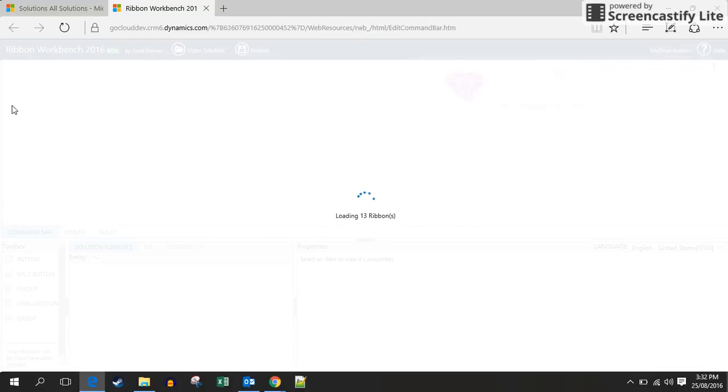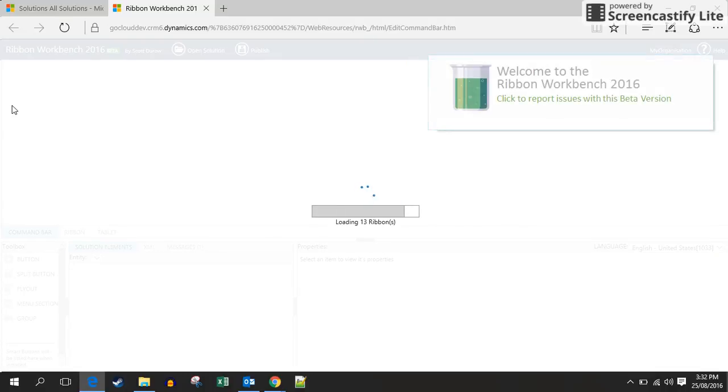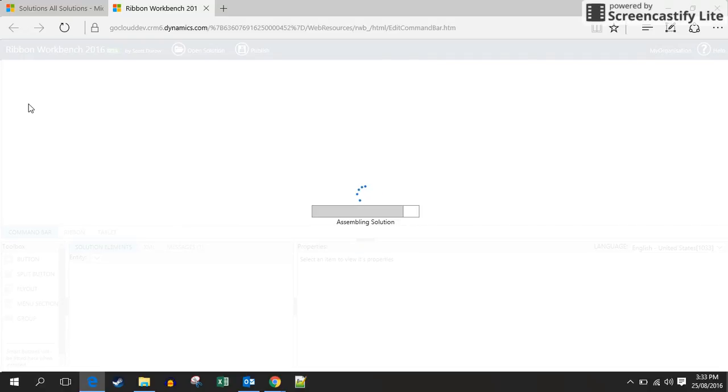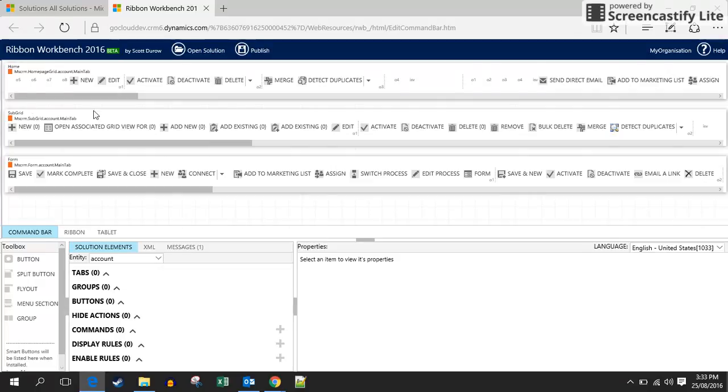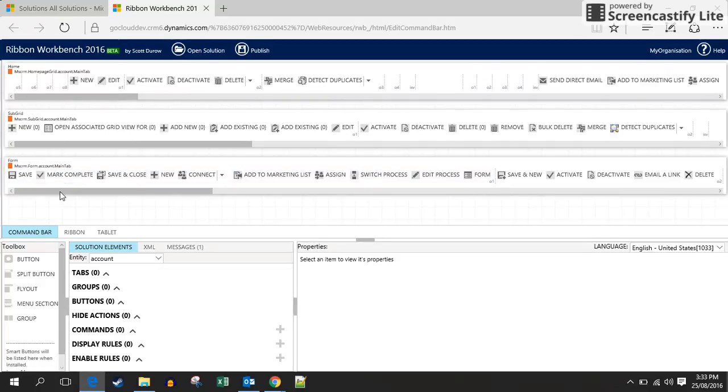It's loading the ribbons, what it calls ribbons, which are effectively the menu options when you're on a form or on the list view of a specific entity. And it allows you to modify those. See here we go. So you've got the form entity, the subgrid, and the home. So this is specifically talking about the account entity down here. It all looks a bit scary, but if you keep away from this bit for just a second,